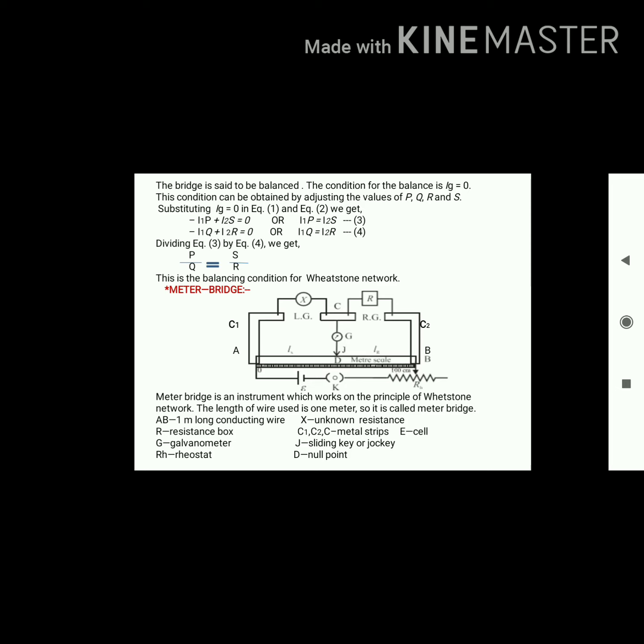The jockey is a metallic rod whose one end has a knife edge which can slide over the wire AC. To make electrical connection, place the jockey at point A and at point B and see the deflection in the galvanometer. The deflection must be on opposite sides, otherwise adjust the rheostat and the values of the resistance from the resistance box.